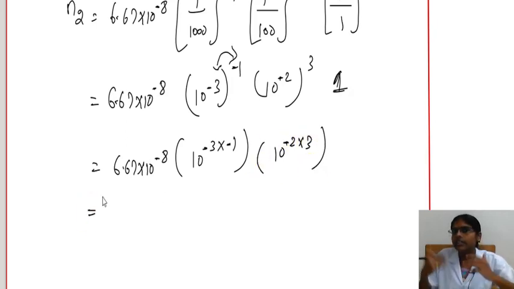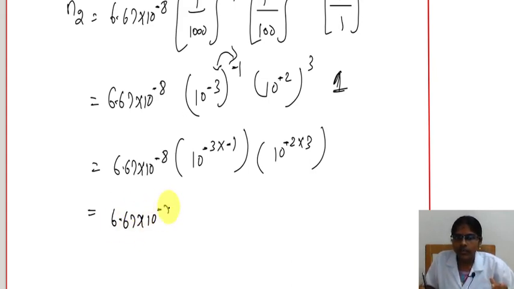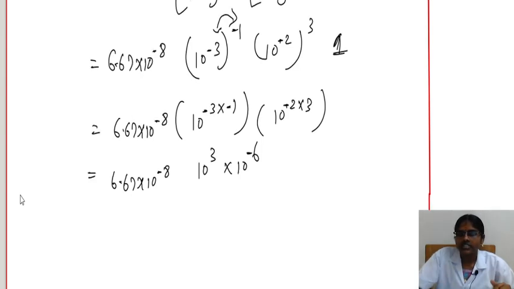When a power has another power, we have to multiply. So 6.67 into 10 power minus 8. So it becomes 10 power plus 3 and then it becomes 10 power minus 6. Am I correct? Right. So 10 power plus 3 and minus 6. Now